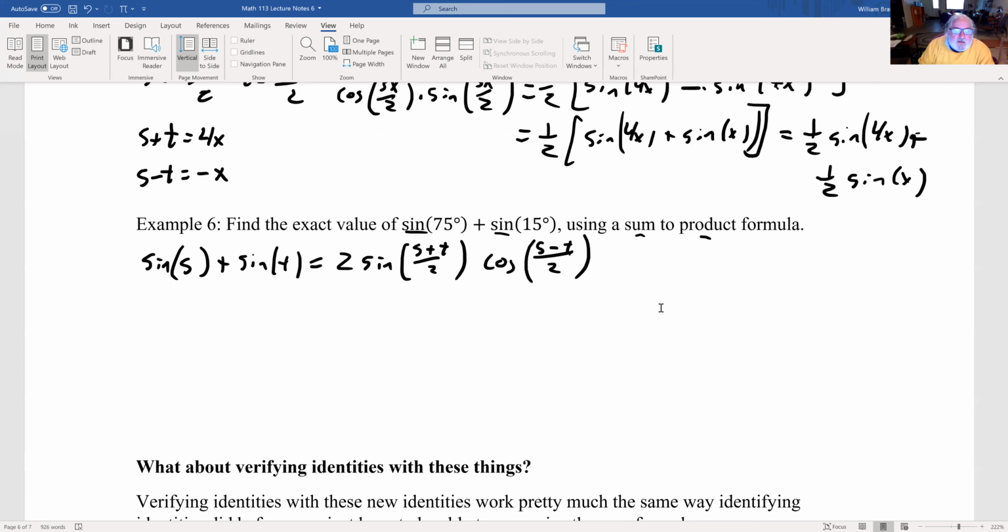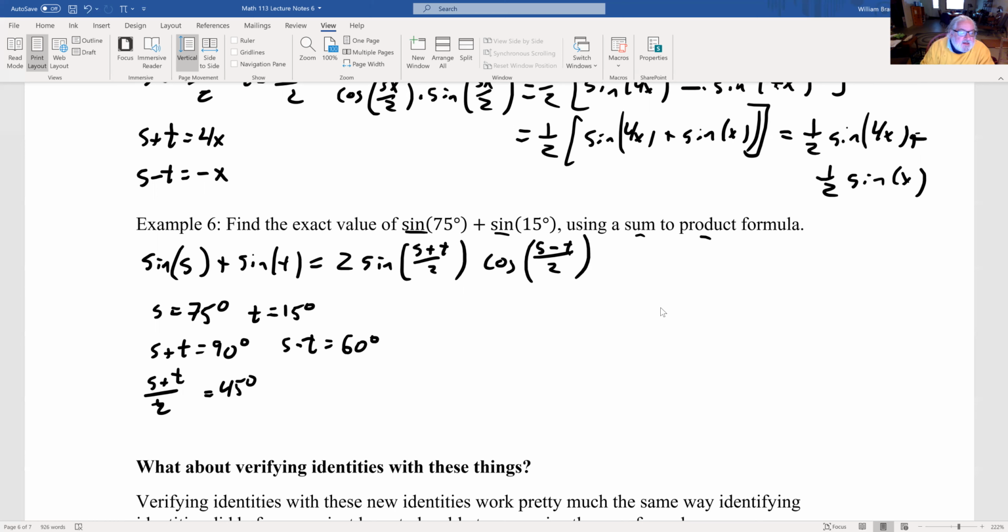Okay, so here we're having s equals 75 degrees, t equals 15 degrees, s plus t equals 90 degrees, and half of that is 45 degrees. S minus t is 75 minus 15 is 60 degrees, and half of that